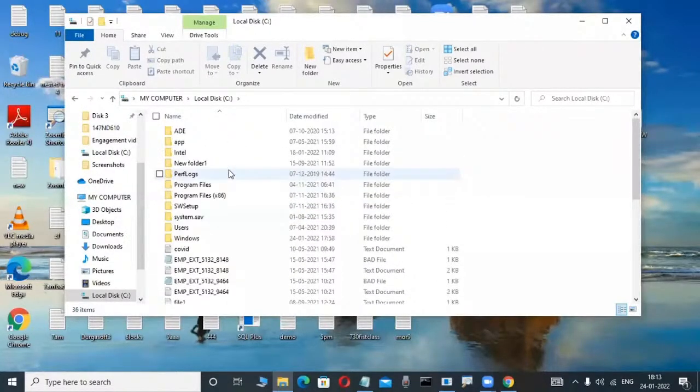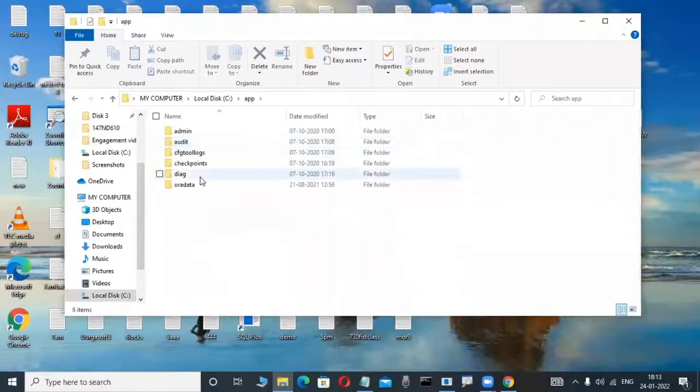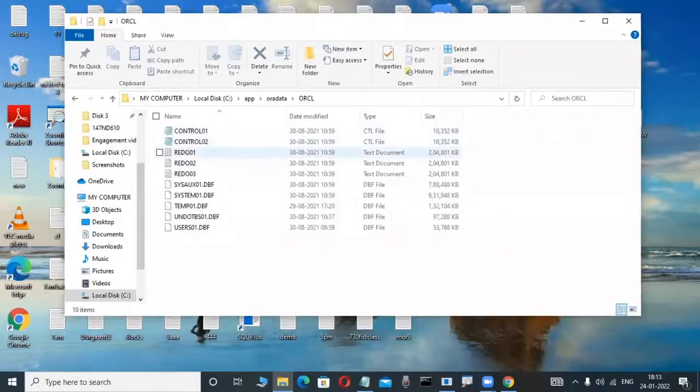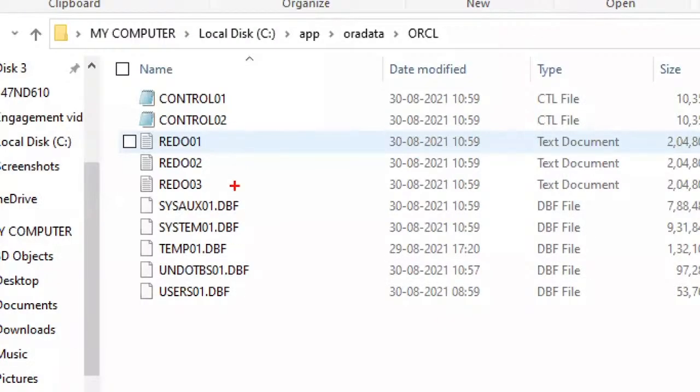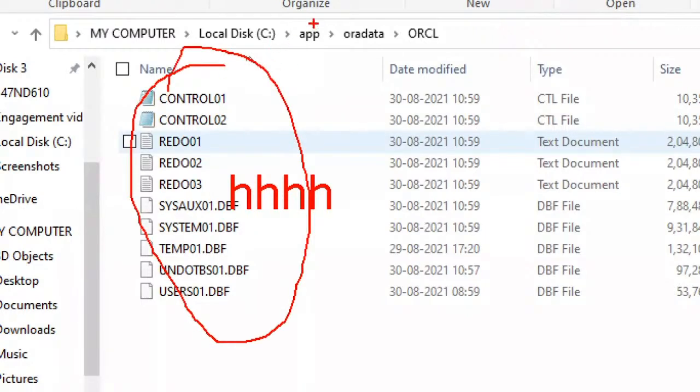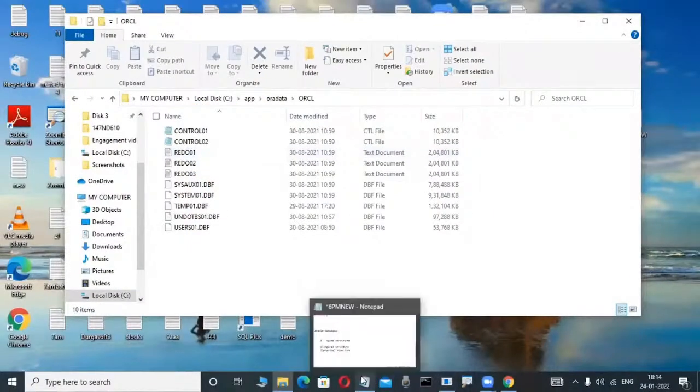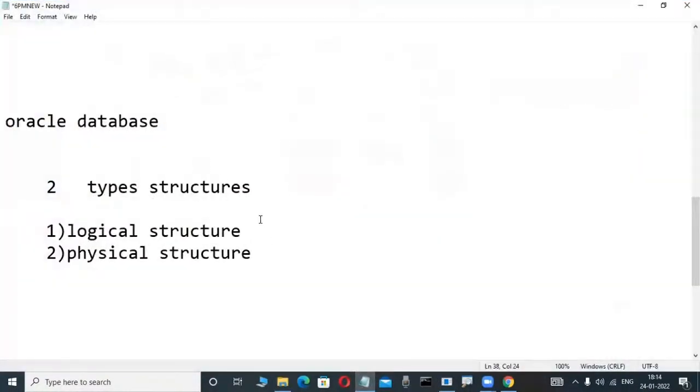Now here I'm installing Oracle, or SQL Server, somewhere. In this C drive, your table is not available. Whatever table I'm creating is not visible. That's why in the C drive or D drive it is not visible. That's why a logical structure means a structure which is not visible. Yes, a structure which is not visible